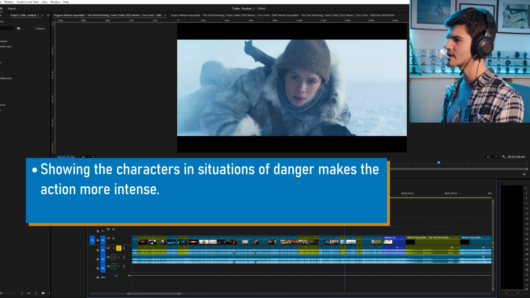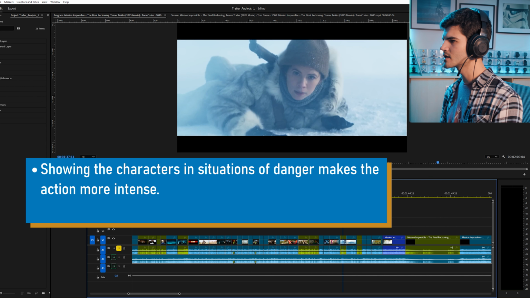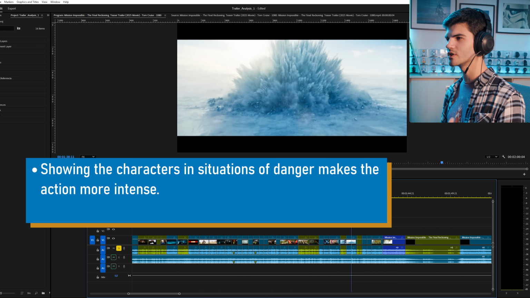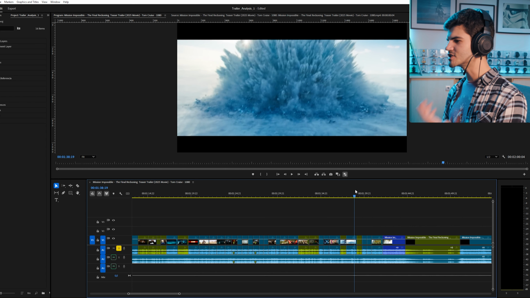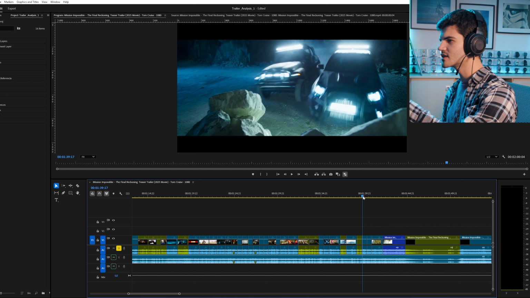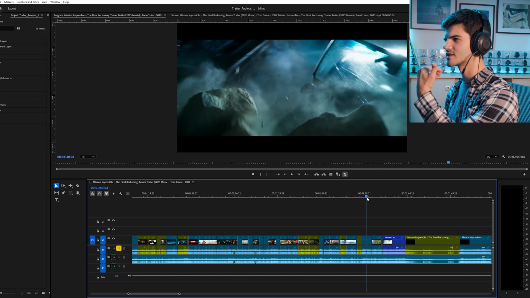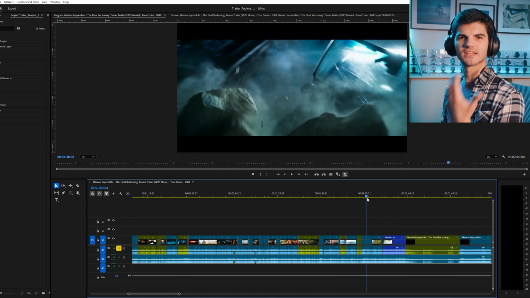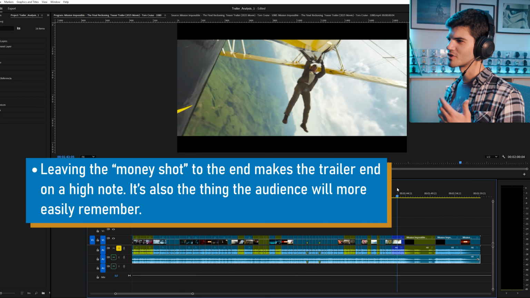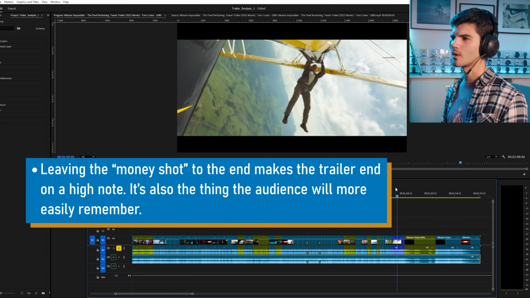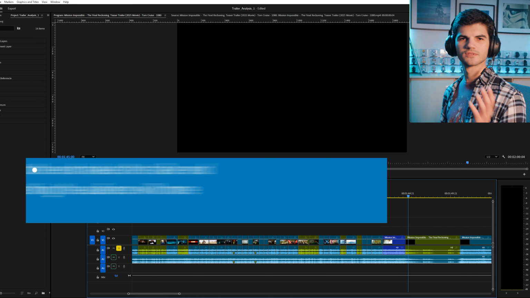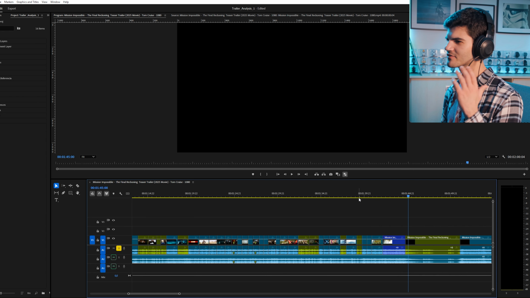We see Grace laying on the snow looking at something. We cut to an explosion in the snow, so we know that it's related. We don't know what's happening, if she's going to make it. The camera moving towards Ethan and then the cars moving towards the camera indicate this sense of danger. These films are known for Tom Cruise's crazy stunt, so obviously you're going to have that as the climax of the trailer. And we don't see how that ends. We just have the cut to black.